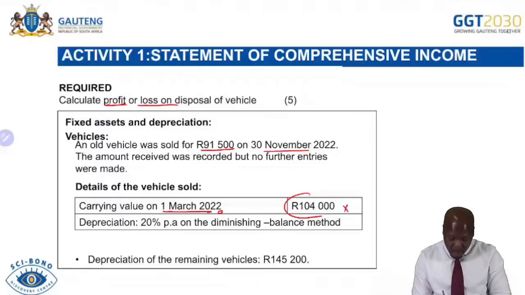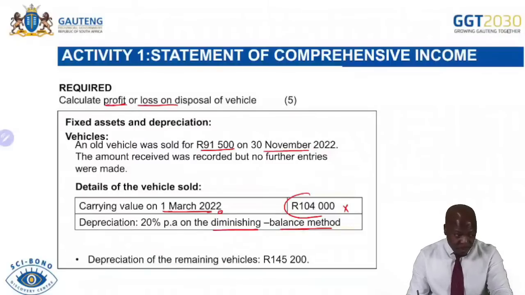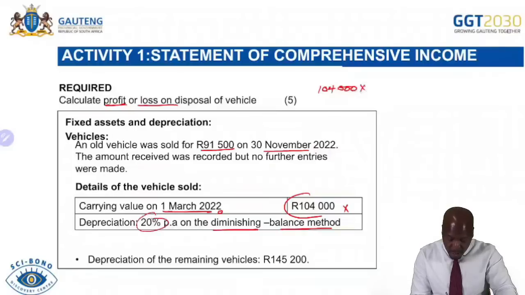Which method are we using? The diminishing balance. This is easy because I know with my diminishing balance, I calculate depreciation on the carrying value. Let's take the carrying value. So my carrying value is given, which is 104,000. So I'll come here and say 104,000. Then I now need to multiply this by the rate, which is 20 over 100 times the number of months. We are counting from the beginning of the financial period, which is March, until the date of sale, 30